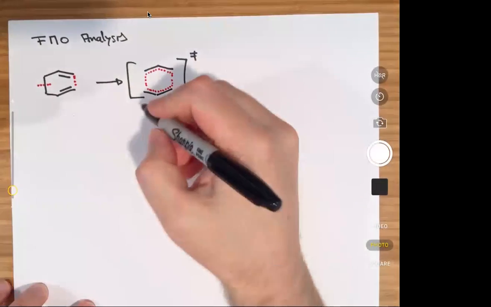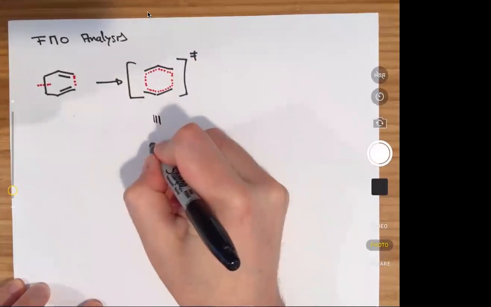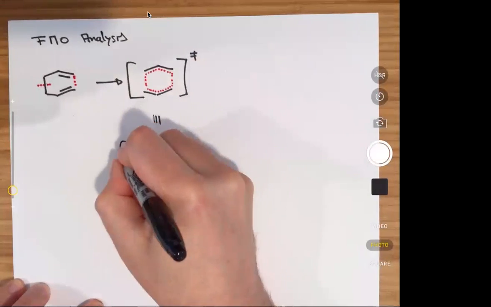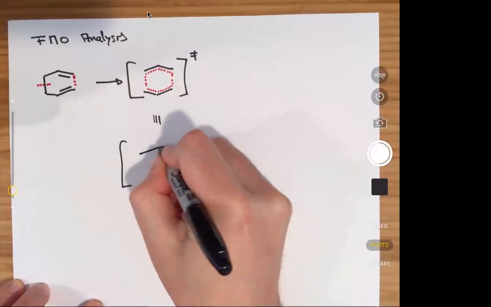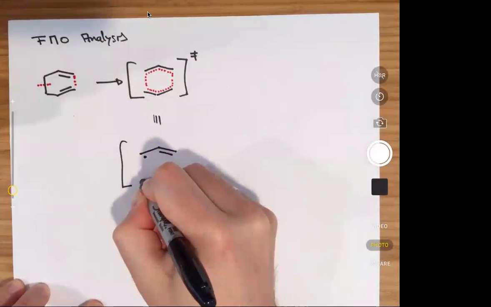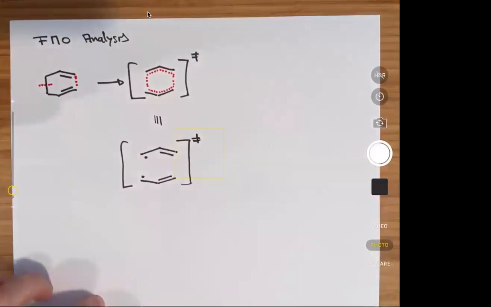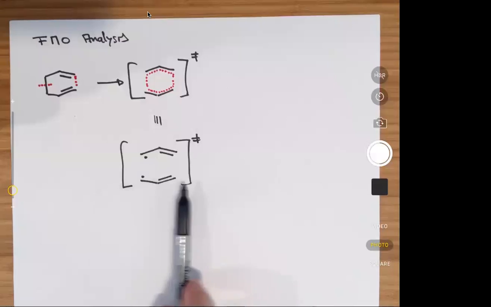So formally, you could think about this also as something, yeah, let's draw it out like this. So you could think about this as an allyl radical and another delocalized allyl radical in the transition state. Right. So the analogy or the similarity to the classical, what we know as the allyl radical, is pretty evident